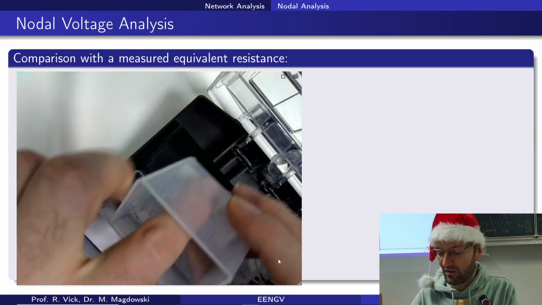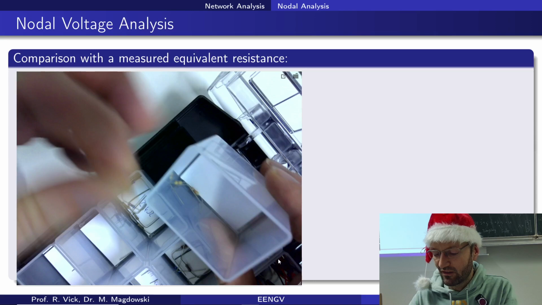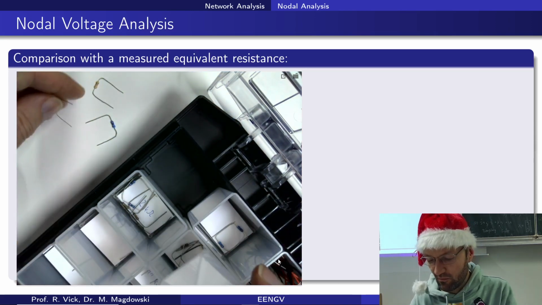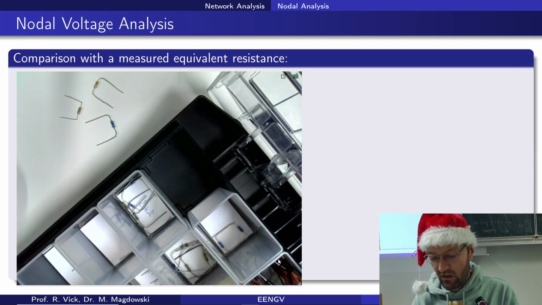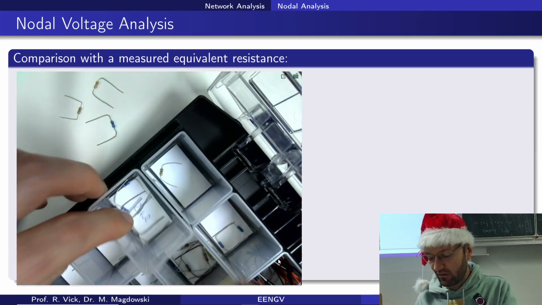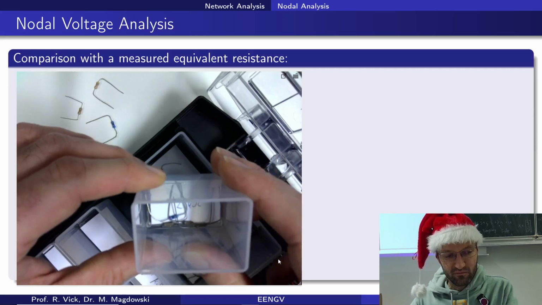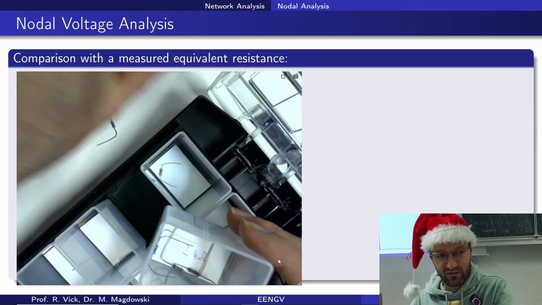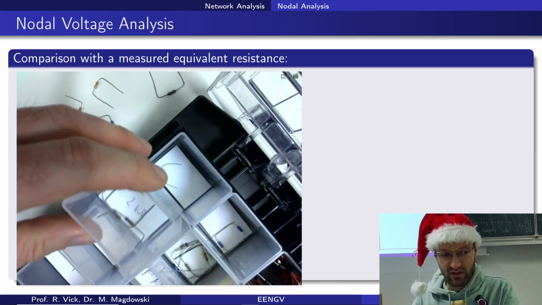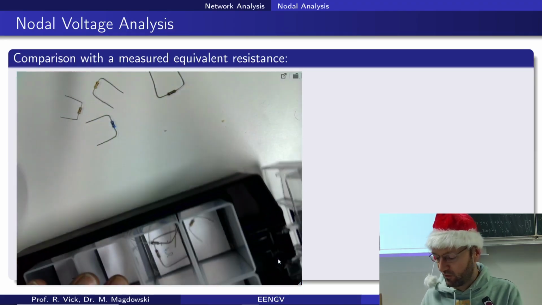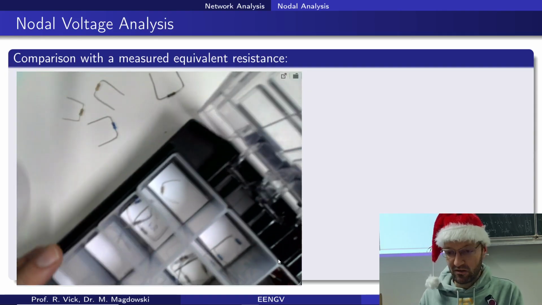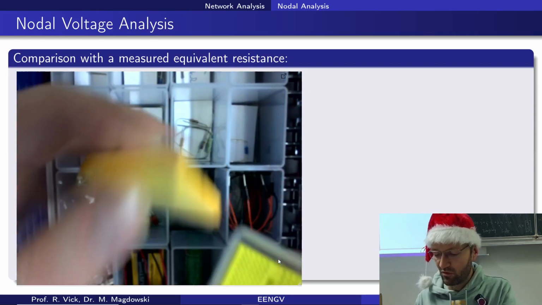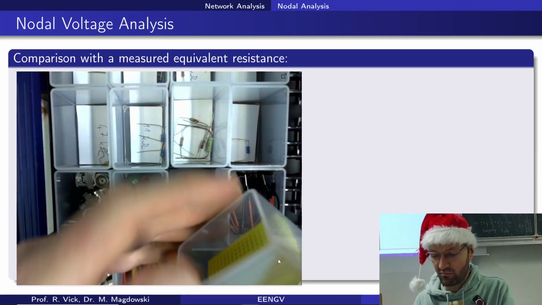So it's a box with 1 kilo ohm resistors, and I will just grab 3 and put them on the table. 3 1 kilo ohm resistors, and then I have a box where you can see I have 2 kilo ohm resistors, and I will grab one of these 2 kilo ohm resistors, put it somewhere else to not confuse them. And then inside this box I also have small breadboards, so I will take out one of these breadboards,